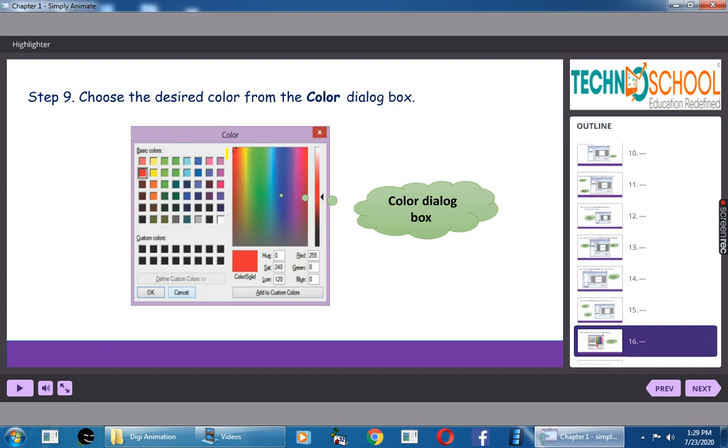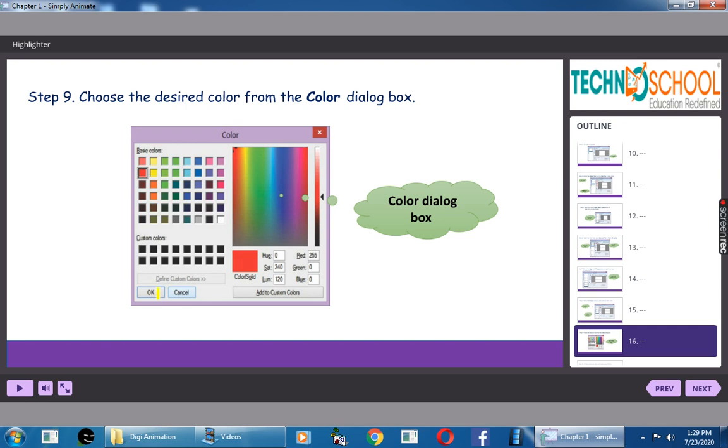In the first frame we have to leave all the circles empty. In the second frame, the first circle has to be filled with red color. So here we are selecting red color. From red you can adjust the darkness or lightness by adjusting this slider, and that color will be seen here.